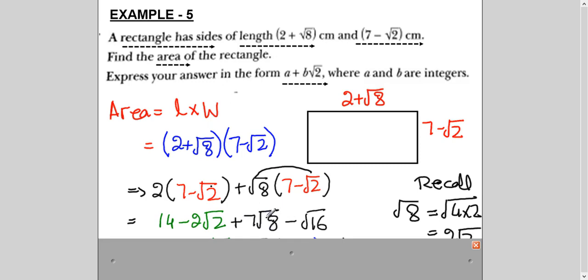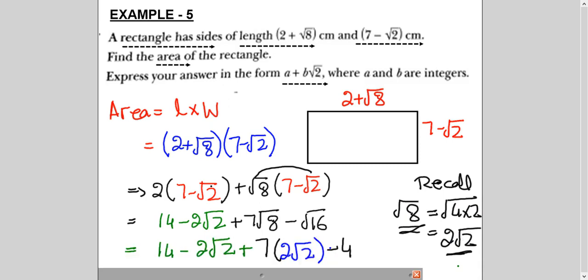So now you have to recall that root 8 is actually 4 twos are 8. So it is actually equal to 2 root 2, right? Because root 4 is 2, so 2 can come out and 1 two inside the square root will remain. So one can equally replace root 8 by 2 root 2. So this is what I have done. I have replaced it by this, right? The rest of the things are all the same.